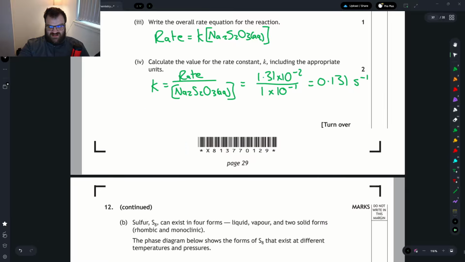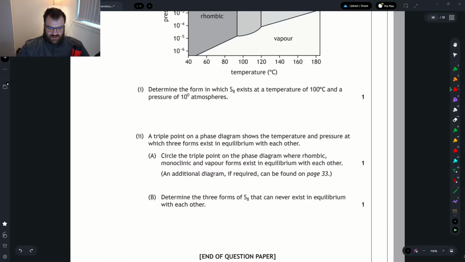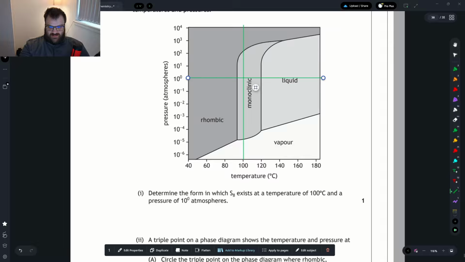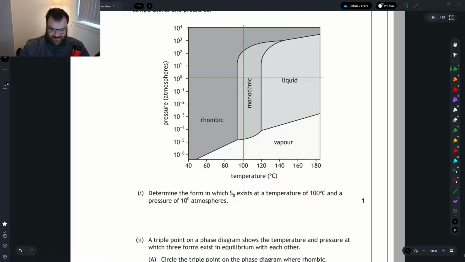Some people prefer to just memorise that if it's first order, it's this. If it's second order, it's this. Very much, I just work it out at the time, and that works for me. On to the last part. Last question, we're asked to determine the form in which S exists at a temperature of 100 degrees. Let's run up 100 degrees. That's 100 degrees and 10 to the power of 0. That would be monoclinic. Now that does seem like a very straightforward question. Maybe they're feeling bad for us. That's monoclinic,